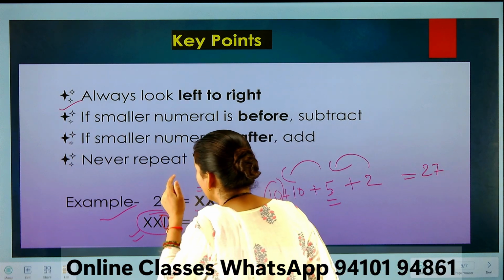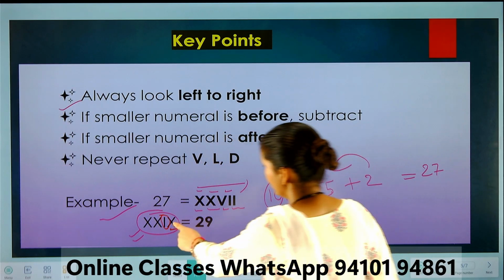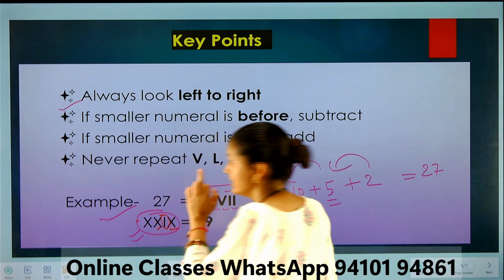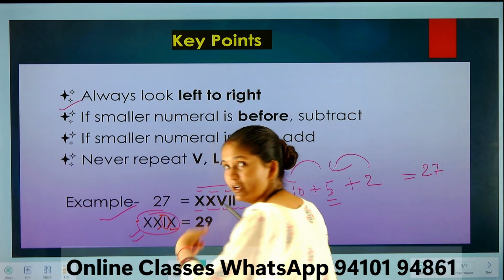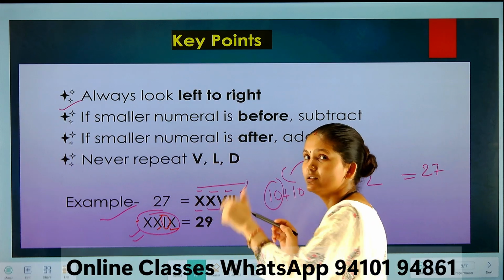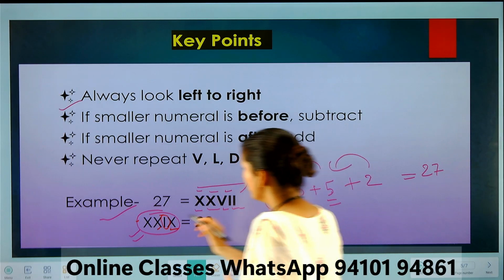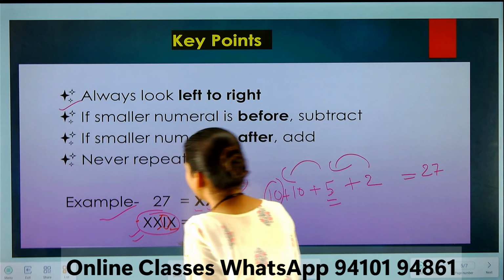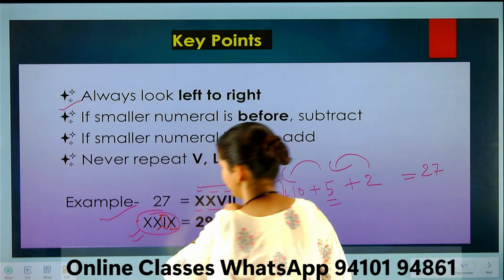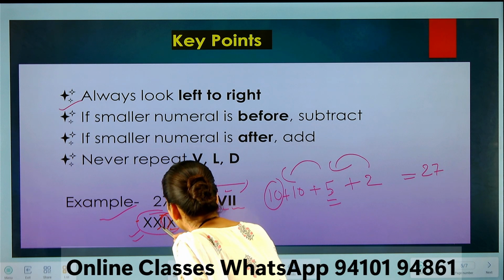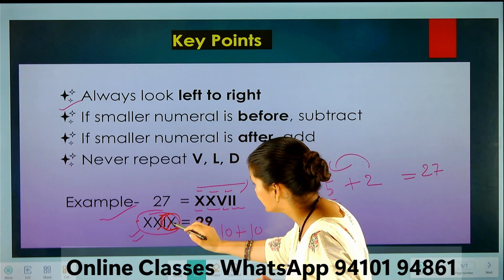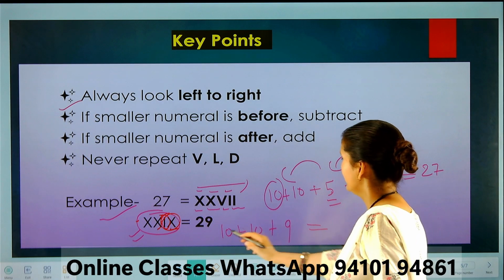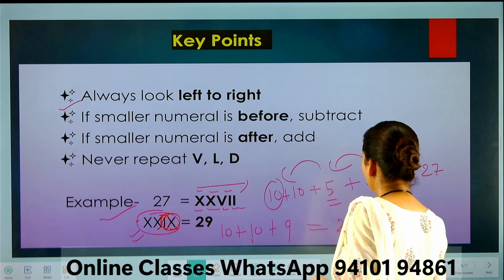So the subtraction rule will be followed here. You can see there is X, correct. But in between X and X there is I, meaning 1. So a smaller number before a bigger number is the subtraction rule. You know that X is 10 plus X is 10, 20. Got it? Then I and X means subtraction between these two values. This is 10 and this is 1. 10 minus 1, 9. So it will be 9. So now 10 plus 10, 20, 20 plus 9, 29.